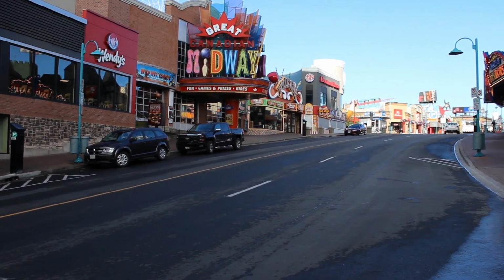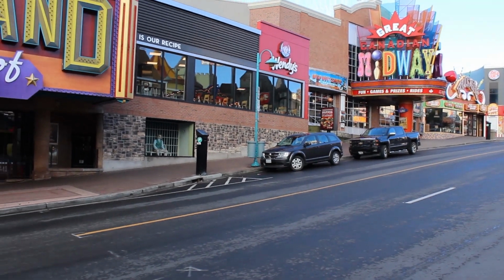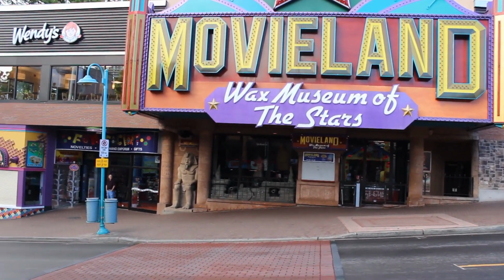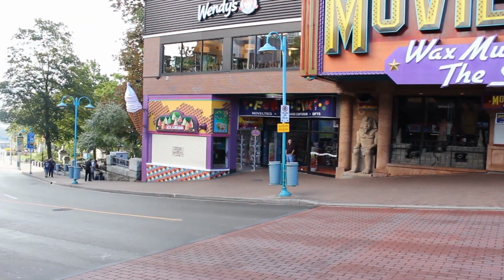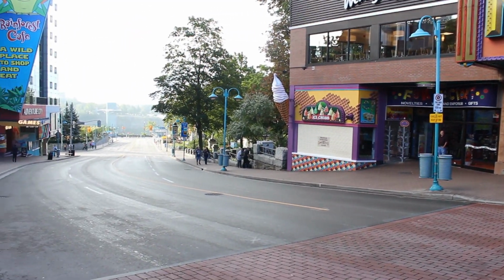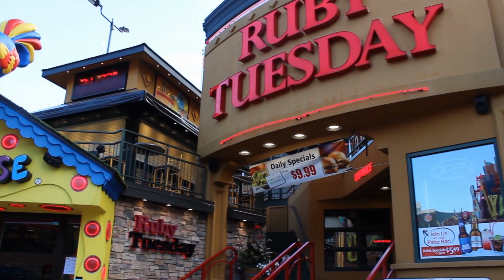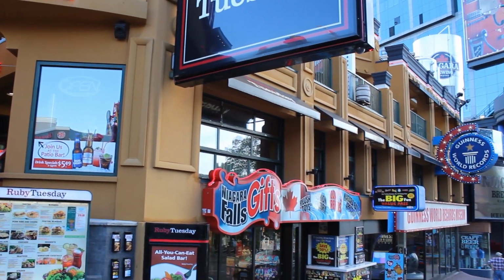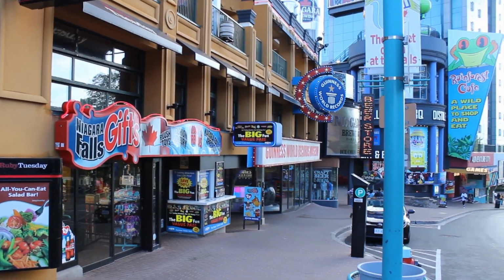So I've just made it to the Niagara Falls area on the Canada side of the falls, and I gotta tell you, the level of touristiness of this place is incredible. Took a right turn off of Main Road here alongside of the river, and I didn't realize there were so many of these touristy attractions here. You know, Ripley's Believe It or Not, Guinness World Record Museum. I mean, there's all kinds of things that are here, all kinds of restaurants. While I could probably spend a whole day exploring all of these,